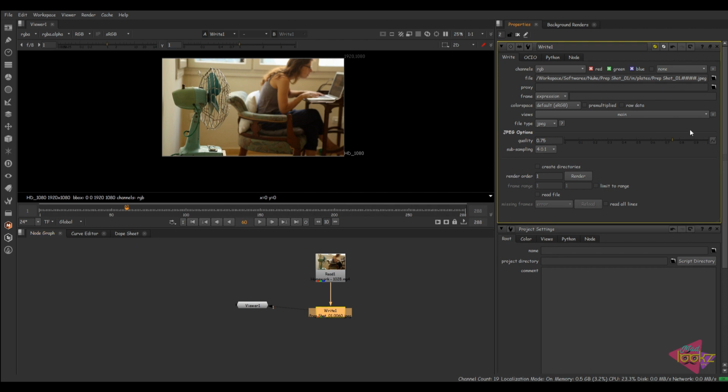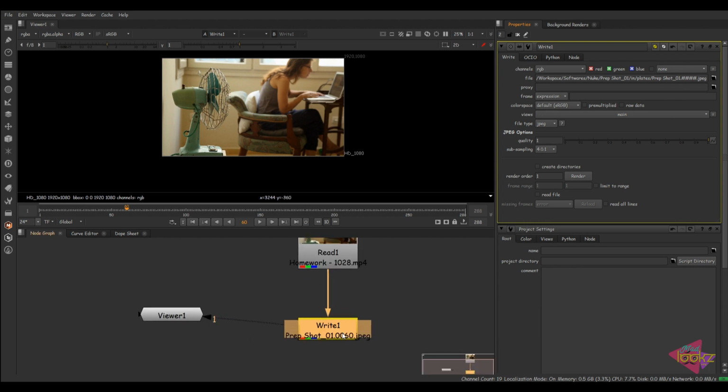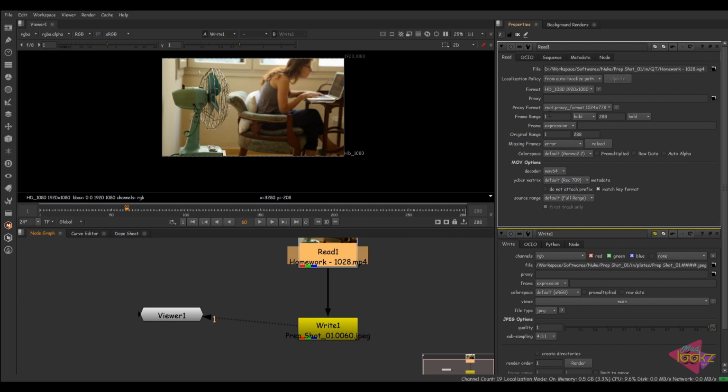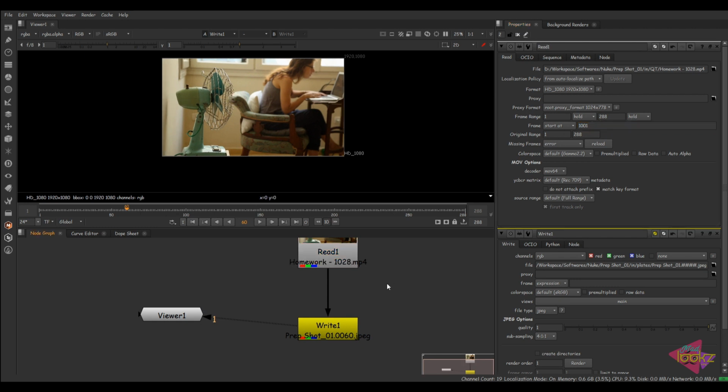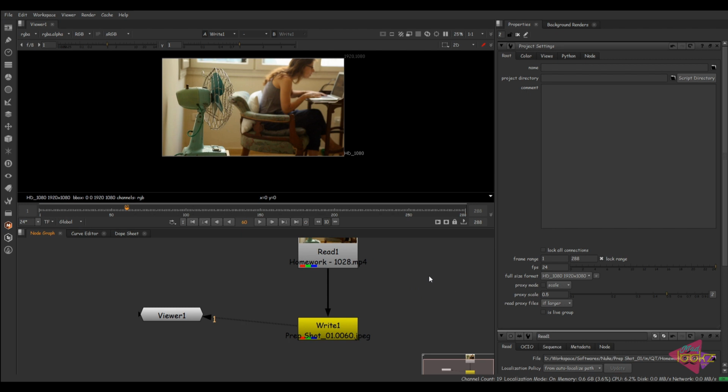So here we have the quality. Always make sure the quality is 1. Now everything is set, but I made a mistake: I have to start the footage from 1001, because most production pipelines start from 1001 for comp purposes. So I will set the global settings as 1001 and 1288.